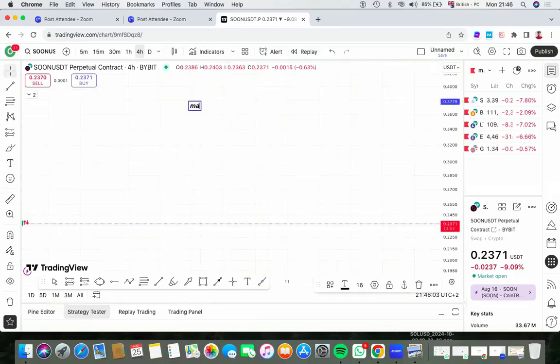So we say market structure, which we talked about the last time. So firstly, we have our market structure, and then we have what we call,